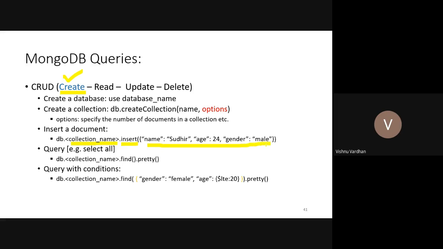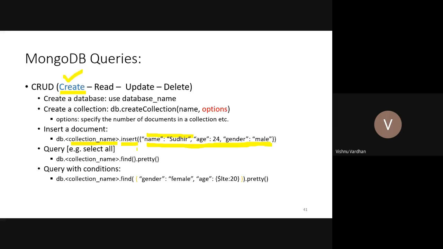This is completely unstructured data, so you don't have to comply with schemas, because in MongoDB we don't have any particular schema associated. You can provide anything: even if you are writing just name Sudhi, that's enough, or if you are taking 100 fields, that is also fine. So it is completely flexible. The only thing is you have to send it in proper BSON format: braces, then key-value pairs given in the insert method as a parameter. This parameter is nothing but a BSON or JSON-looking document, so you have to provide this JSON-style format in the insert method.